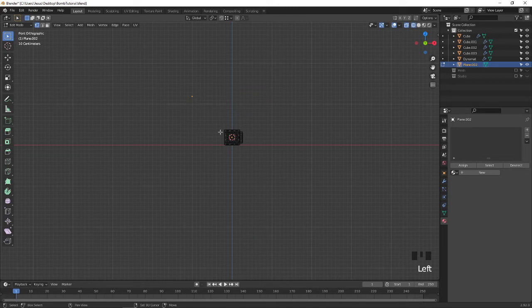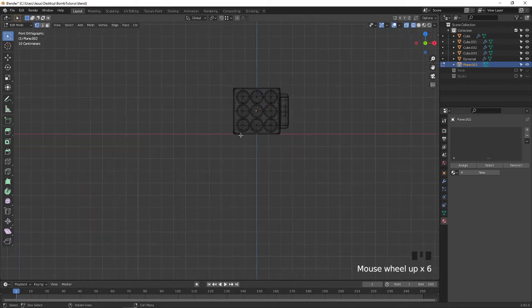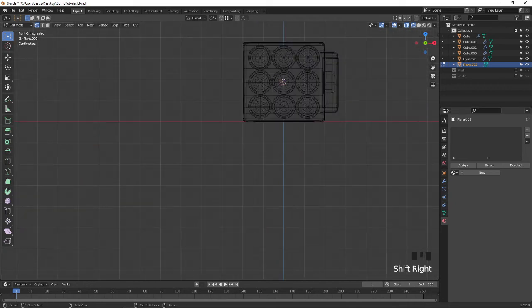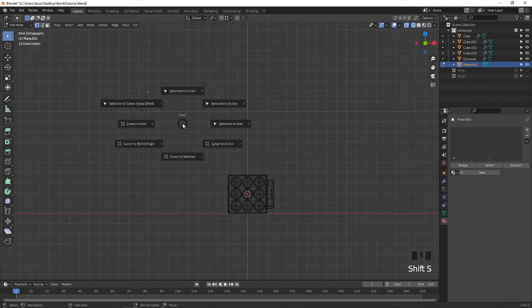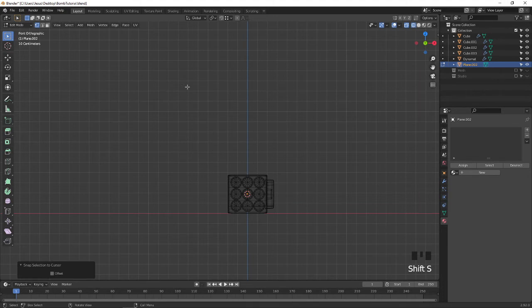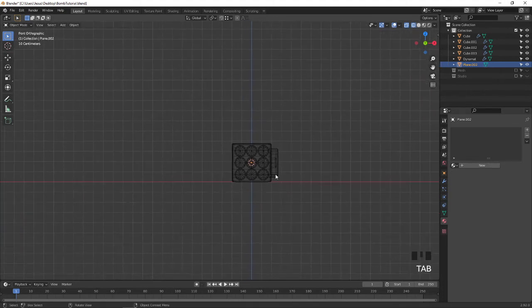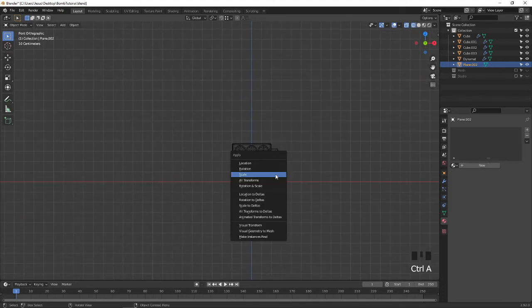Select these vertices, press Shift S, cursor to selected. Oops, I select this back again, shift right click and select these vertices, Shift S, selection to cursor. Now this vertex is moved, go to edit mode, press Ctrl A and apply the scaling.